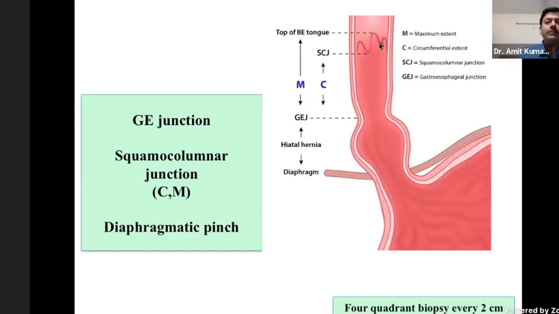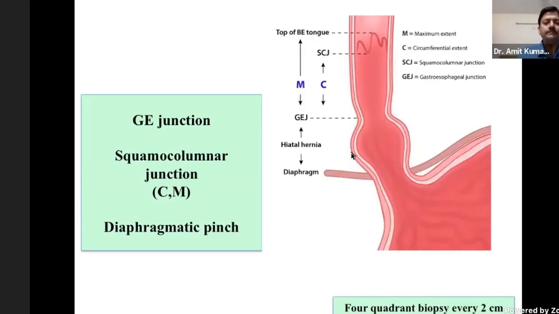Okay. And then you have to report how far this squamocolumnar junction is from the GE junction. Now, often there may be tongues, so it may not be a uniform circumferential lesion. Therefore, you have to report both the circumferential extent, that is, till what level the entire circumference is involved, and also the length of the tongue, which has the maximal extent. And both extents should be measured from the GE junction. So you report the circumferential extent, you report the maximal extent of the squamocolumnar junction. And then you also talk about the diaphragmatic pinch, because that decides whether there's a hiatus hernia, how long